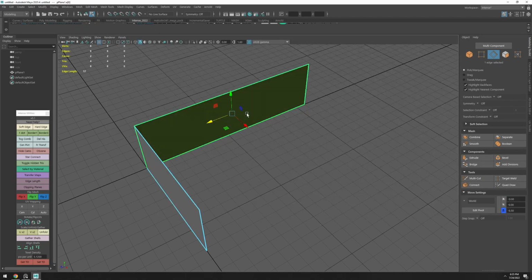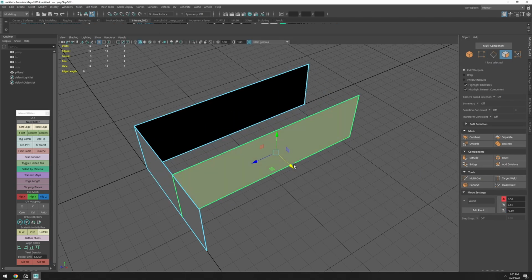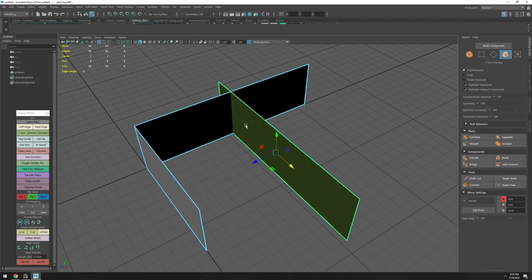Here we have 18 on the back side. Whoops. So